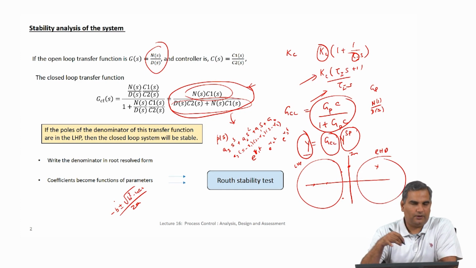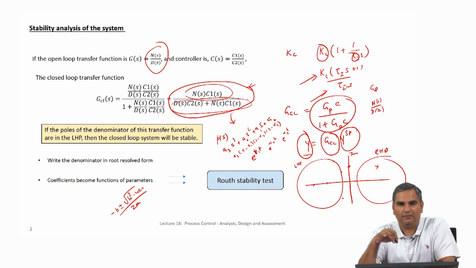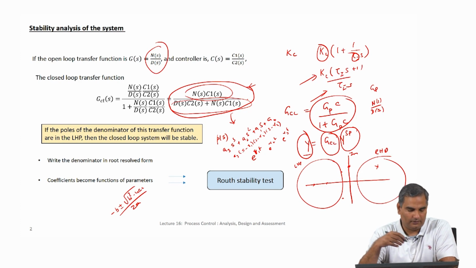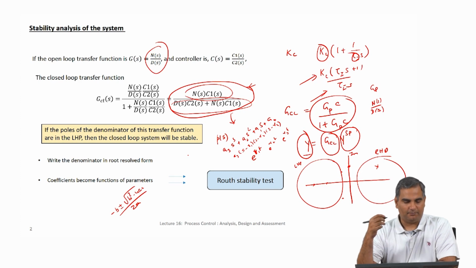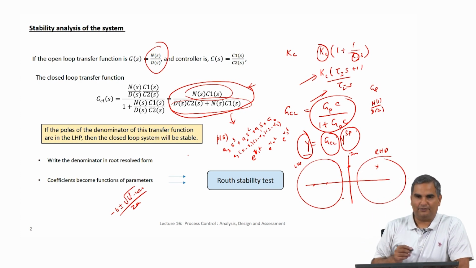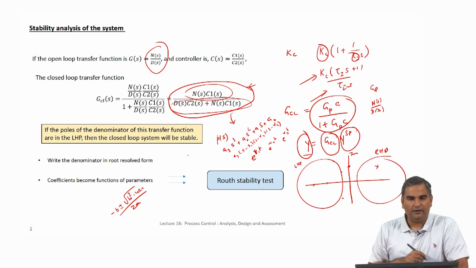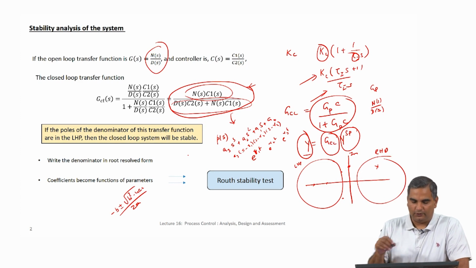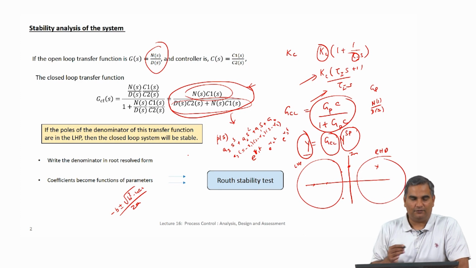So, this is possible if the denominator polynomial is, let us say, a quadratic, and when it becomes a cubic, this is a much more complicated formula, and beyond that there are other mathematical problems in terms of writing analytical expressions for the roots. So, I am not going to get into the theory of that and the complications that surround that, but as far as this course is concerned, you can assume that beyond a certain order it is not possible to write these analytical forms for us to do this exercise.